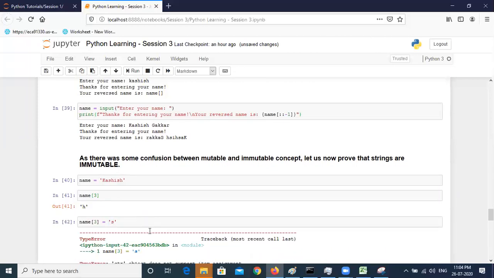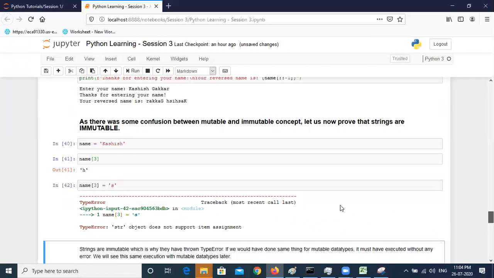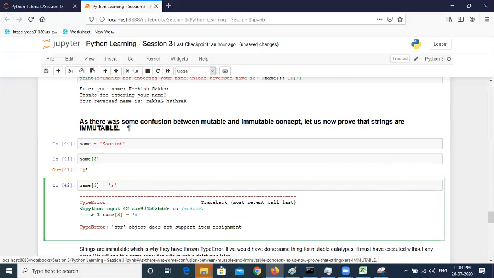If I run this, you can see that there is an error. String object doesn't support item assignment. What does it mean? It means we cannot alter the string data type. In other words, strings are immutable. So this is how we can prove that strings are immutable.